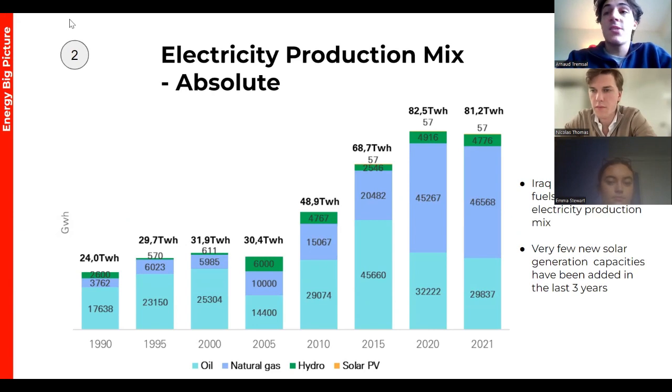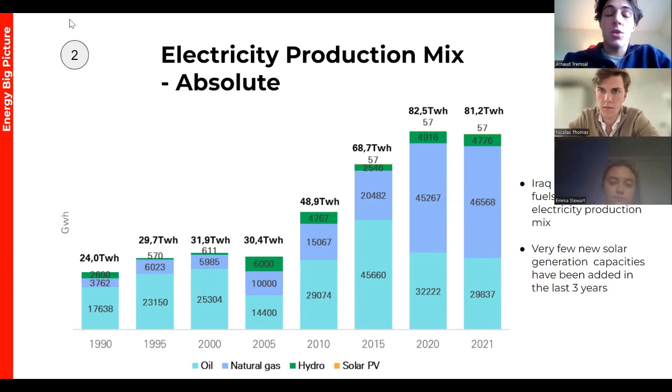So unsurprisingly, it overwhelmingly relies on the burning of fossil fuels, as Iraq is historically a member of OPEC and the fourth crude oil exporter in the world. So oil and natural gas are the two main sources of electricity in Iraq, accounting for 36 and 57% respectively, which in total is 93% for the year 2021. And so a switch between oil and NGL can be observed in 2020, notably due to higher efficiencies of NGL power plants.